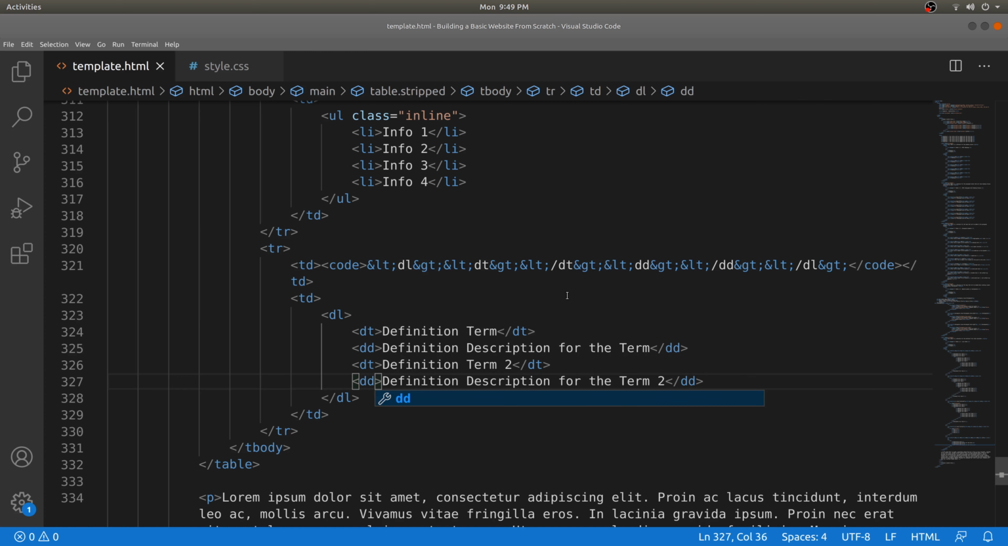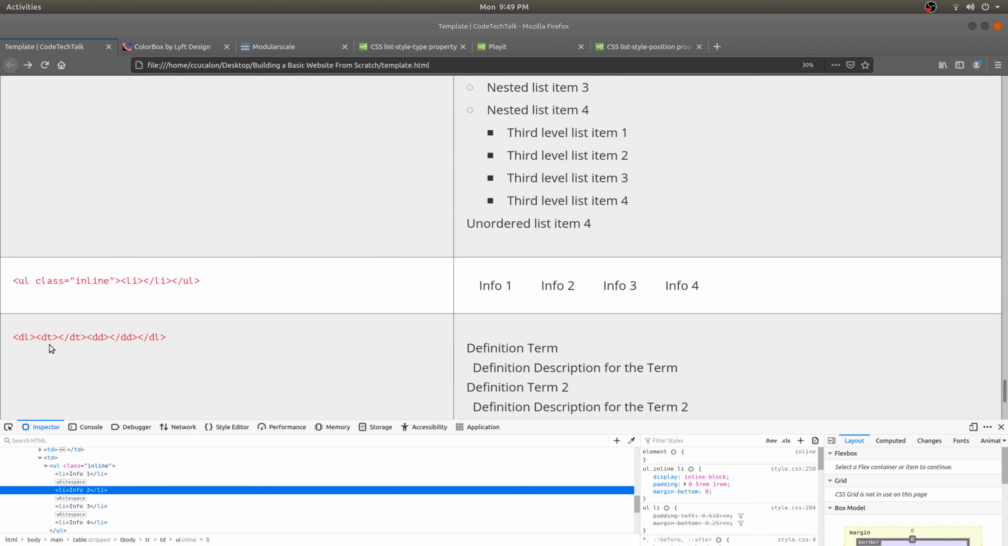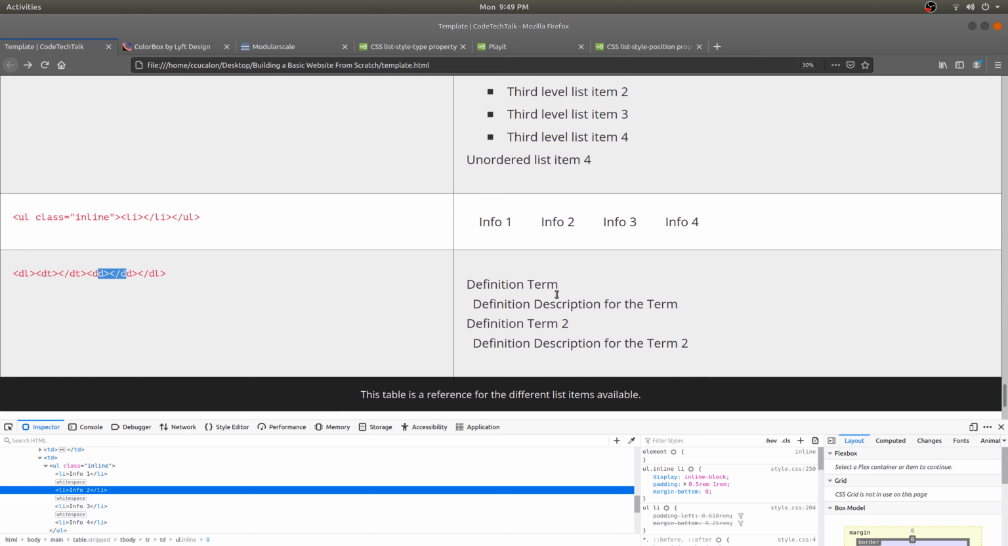Term 2. And now we're going to go ahead and refresh this. Again, we have the DL, which closes the DL, and then we have a definition term that closes by itself, and then we have a definition description which closes by itself as well. If you notice, by default, look at this. You have the definition term up here, and then you have the definition description for the term right below it,